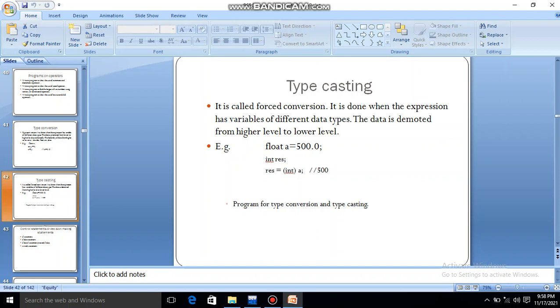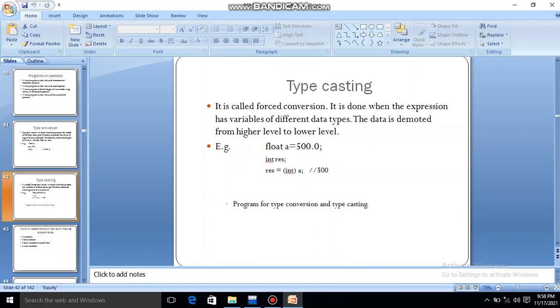The value of a is 500.0, a higher level, and I will be shifting it to a lower level. If I write simply res equal to a, you will get errors. First I have to convert the higher level variable to lower level, and then store it in res. So before a I should write down the data type to which I want to demote the variable, that is int.